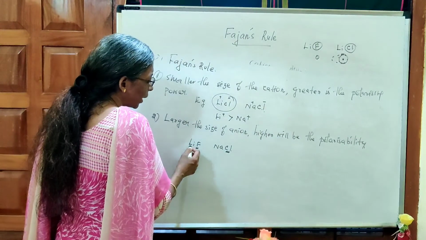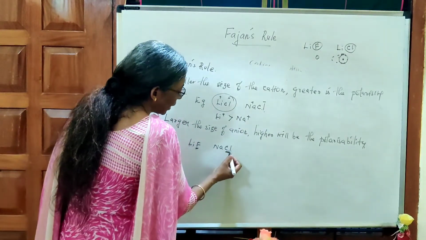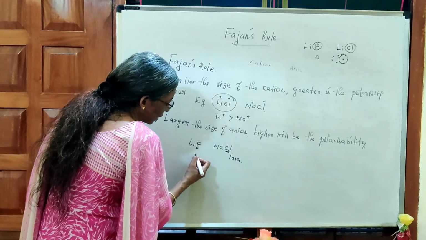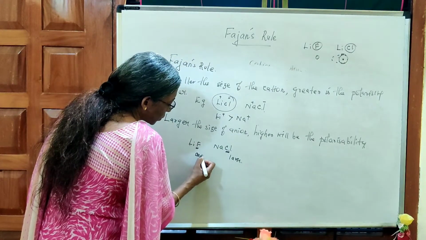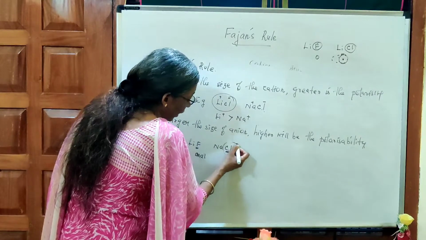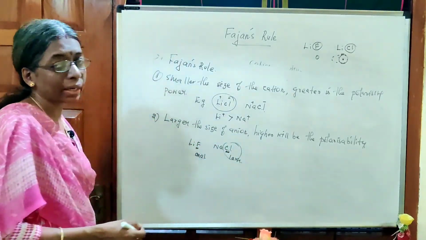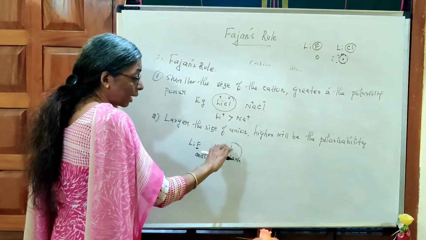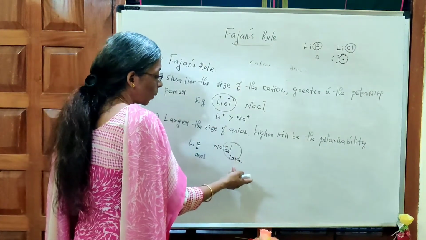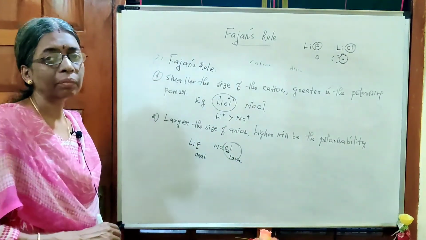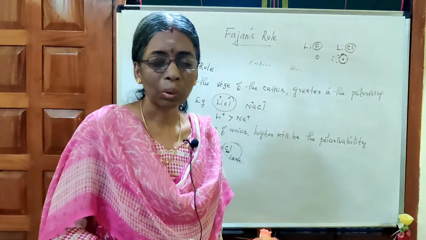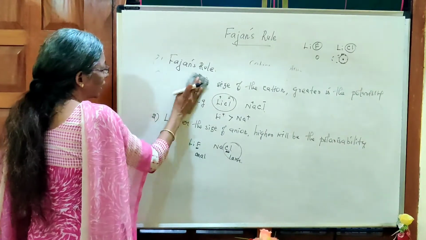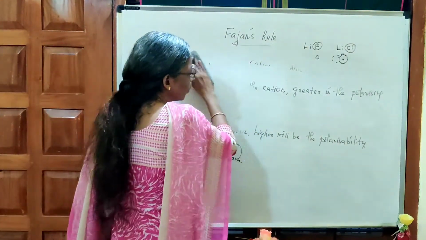Then lithium fluoride and sodium chloride: in sodium chloride the anion size is large, here the anion is small. So the larger the size of the anion, the covalent character increases. So sodium chloride has greater covalent character than lithium fluoride. Is it clear? Okay. Then the third point is when we are taking the ions of similar